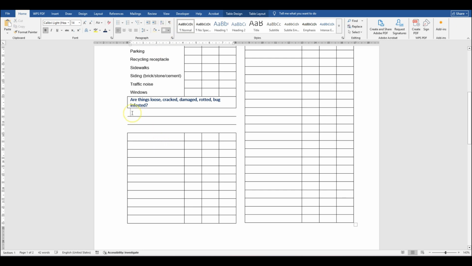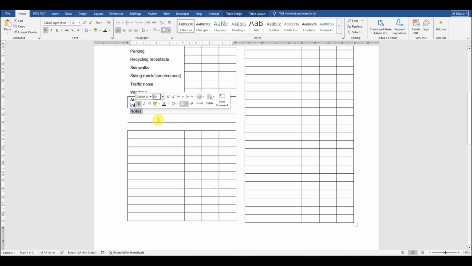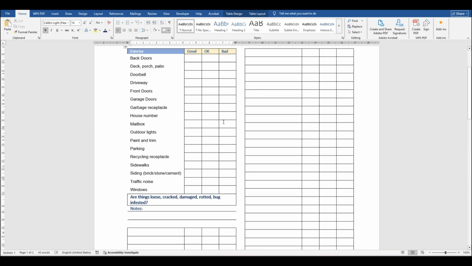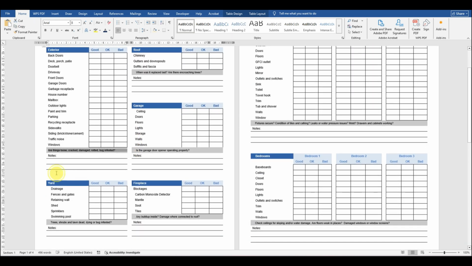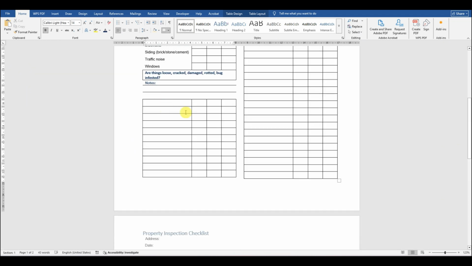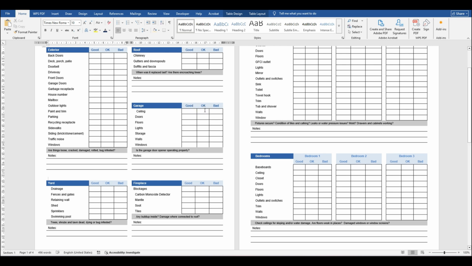And then you can put a note here. Notes. If that is too big, all you need to do is to click to highlight and then this dialog box will appear. Then you just have to adjust it. I hope you're following. And then the next one is, you can see that there's space here. You can do that too. So all you need to do is,